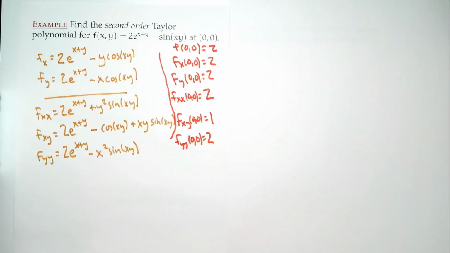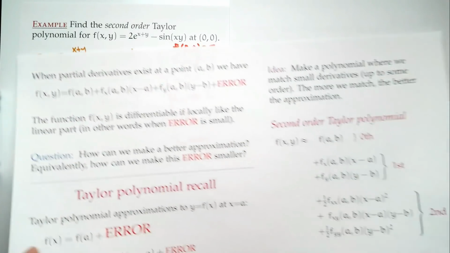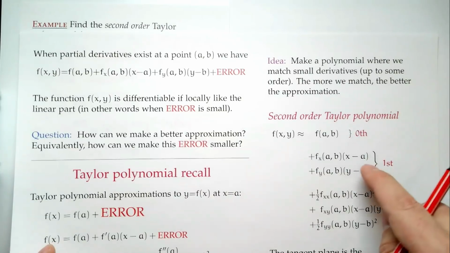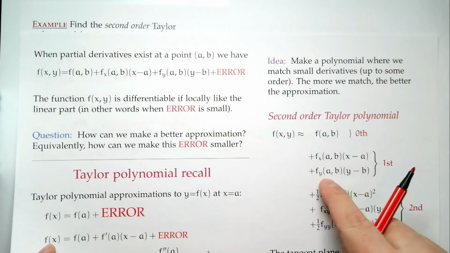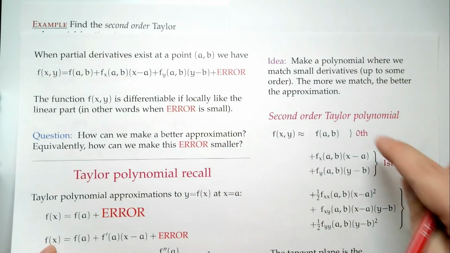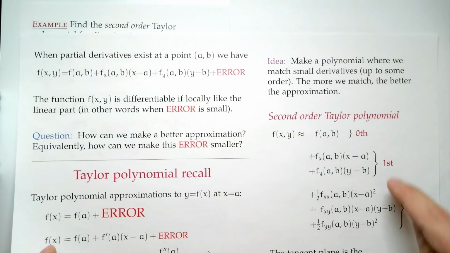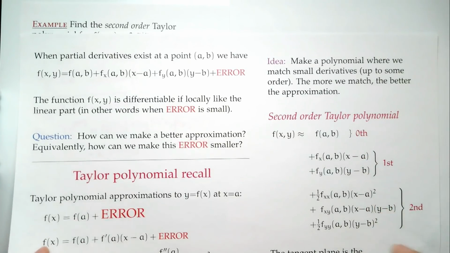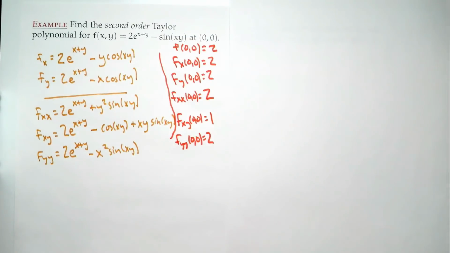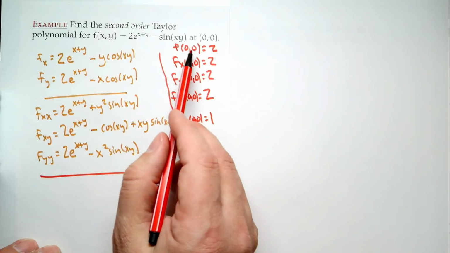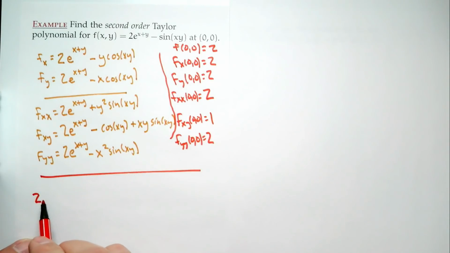Okay, so I took all my partial derivatives up through the second order because I needed the second order. I evaluated everything, and now we just plug it in. So again, coming back to the formula, it's the function, the partial derivative times x minus a, partial derivative of y minus b, and so forth. A and b are 0, so it's going to be x and y and x squared, y squared, and so forth. So if we put this all together, we get the value of the function, which is 2,